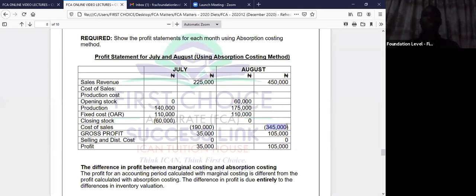So opening stock increases your costs and reduces your profit. So anything that increases your costs will reduce your profits. And that's what opening stock does. Anything that reduces your costs will